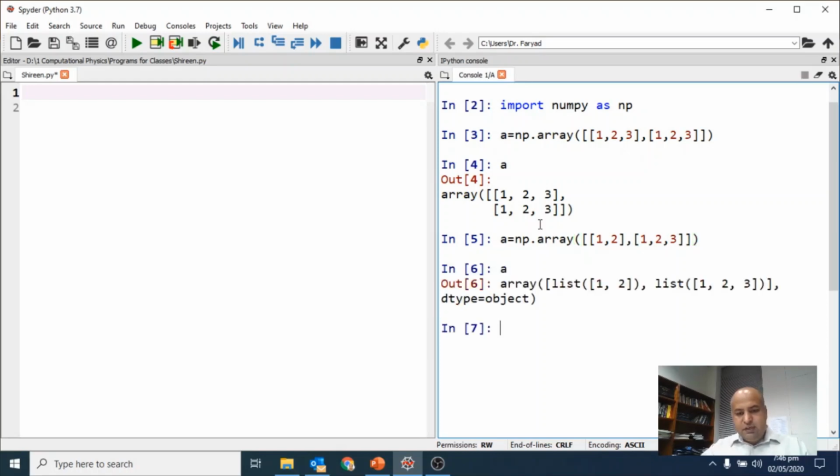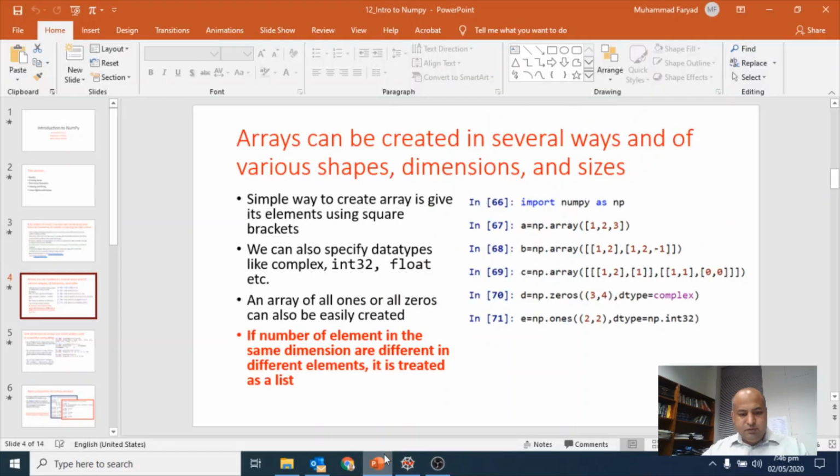So let's see what A is now. Now A is an array which has the first element as a list and the second element is also a list. So this is what I was talking about: if the number of elements is different, then it's treated as a list. So let's go back to this